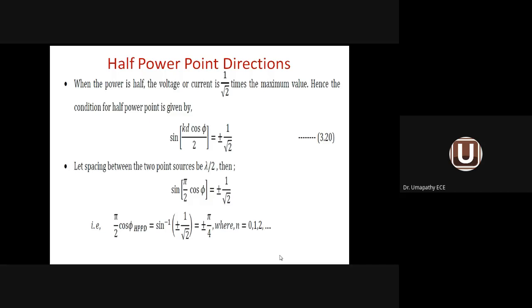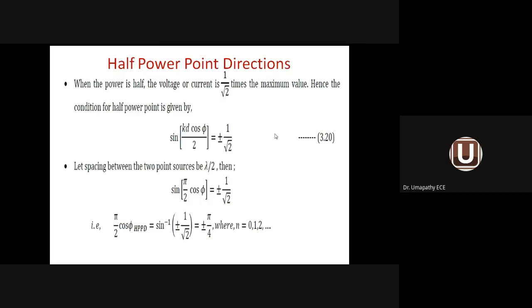Similarly, half power point direction. Half power point direction means 1 by root 2 of the maximum value, or 0.707 of the maximum value. So we take sine of angle equal to plus or minus 1 by root 2. By substituting that, I will get the angle plus or minus 60 degree or plus or minus 120 degree. You can compare: plus or minus 60 degree, plus or minus 120 degrees coming in both the cases. Both in case 1 and case 2, we are getting half power point angle 60 and 120. But the maxima and minima are getting reversed when compared to case 1.